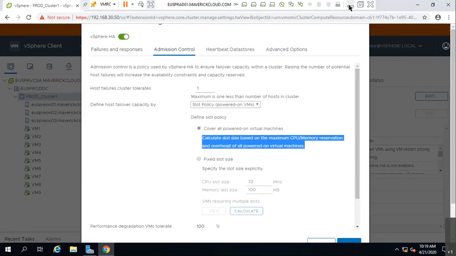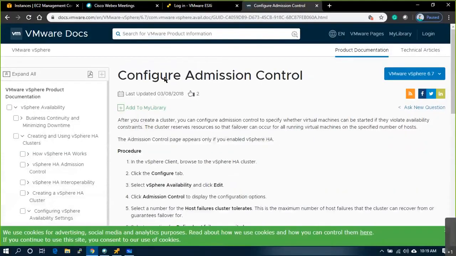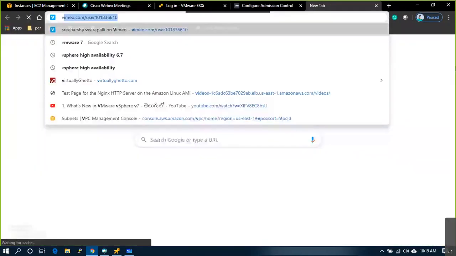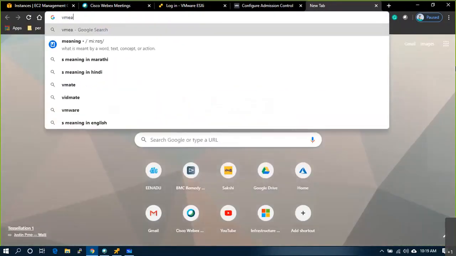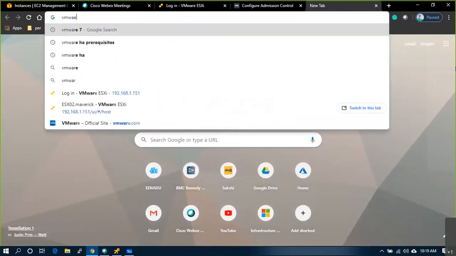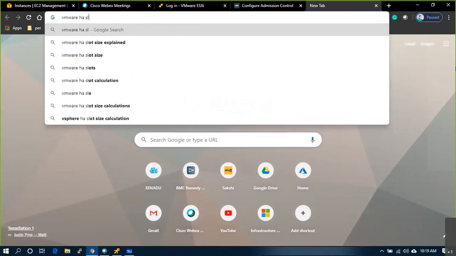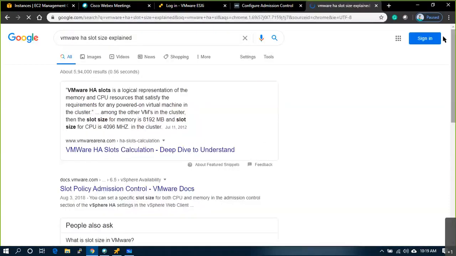Okay, let me explain slots in a different way. VMware HA slot size.